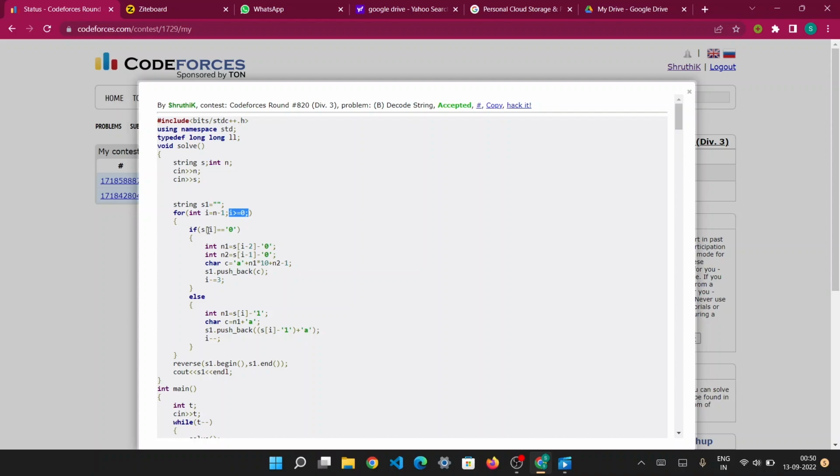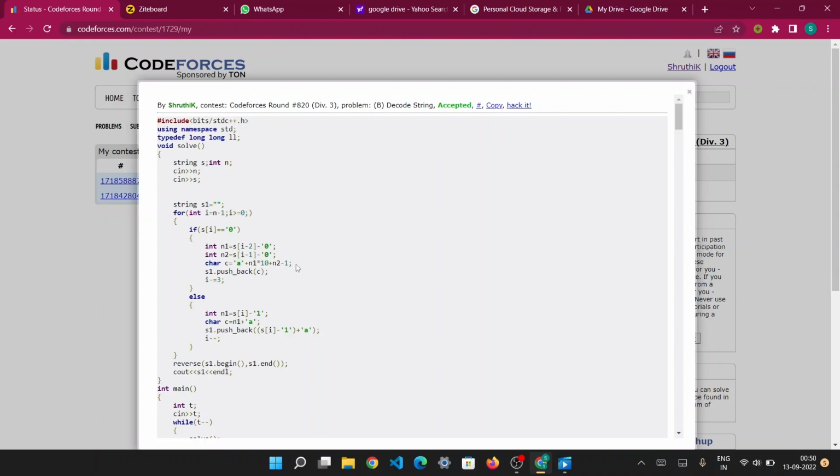And if s of i I'm encountering a 0, then I'm taking the tens place which is n1 and the units place which is n2, and I'm making a character c which is the corresponding alphabet, which is 'a' plus n1 times 10 plus n2, which is the number, minus 1 because a corresponds to 1,